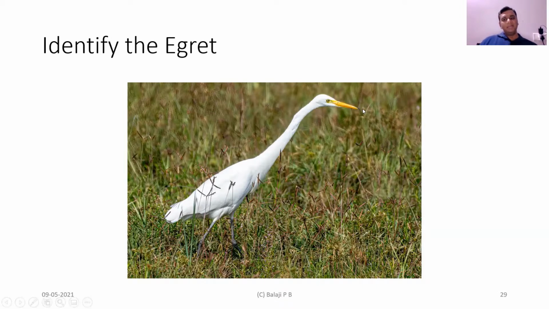The cattle egret never shows this dark tip to the beak. So if you look at the overall size of the bird, it can only be two egrets, the intermediate and the large egret. And the large egret does not show that dark tip to the beak. So you can be fairly certain that it is an intermediate egret,